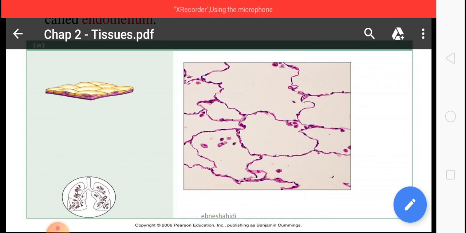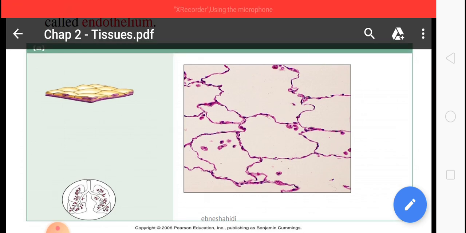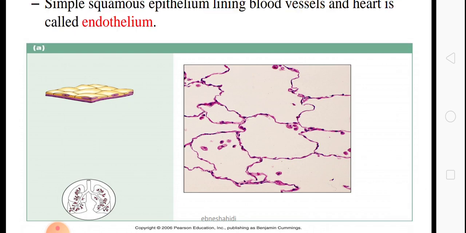What is the function of the squamous epithelium? Squamous epithelium has different functions. First is protection, second is exchange of gases, third is ultrafiltration, and fourth is abrasion. So what is protection? It protects the underlying parts of the body from mechanical injury and from desiccation of the organ. It prevents the entry of germs and chemicals into the body. So first of all, its main function is to prevent the entry of germs and chemicals into the body, and second is the exchange of gases.